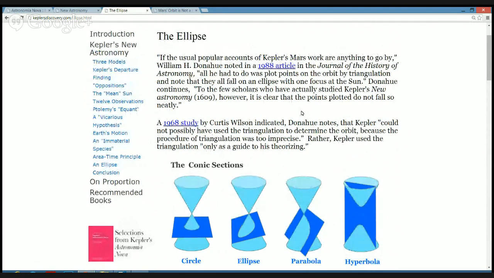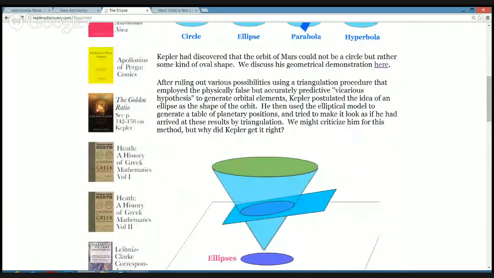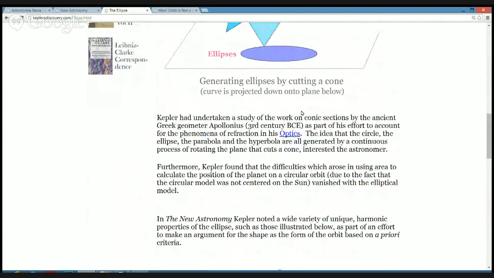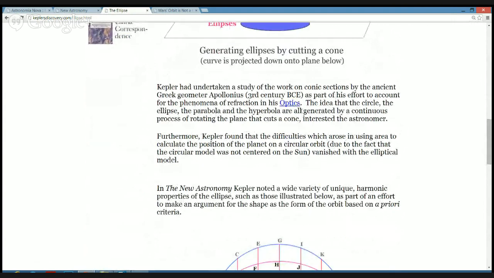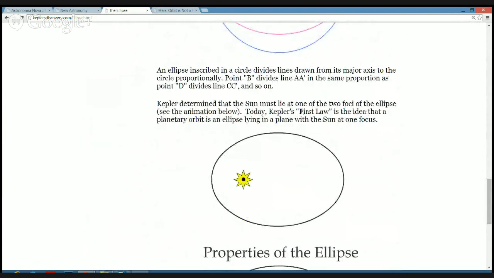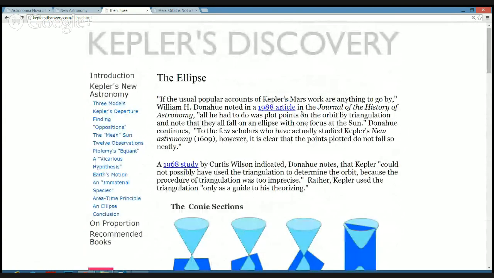Anyway, here's his main thing. Maybe this is why I was so angry about the ellipse. This is exactly this bullshit about the ellipse that people say. Anyway, they quote Donahue saying that he couldn't have done what he did with Mars staying in the same place because it's too precise. So it's just not true.